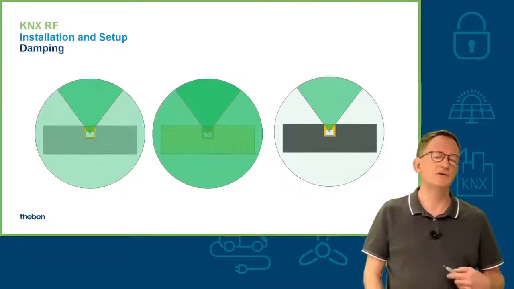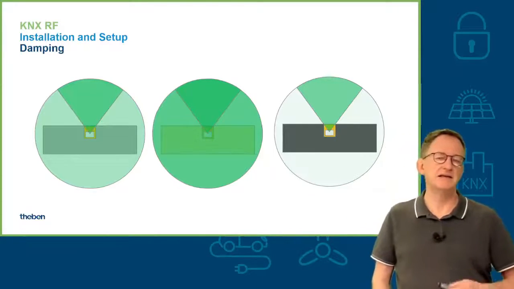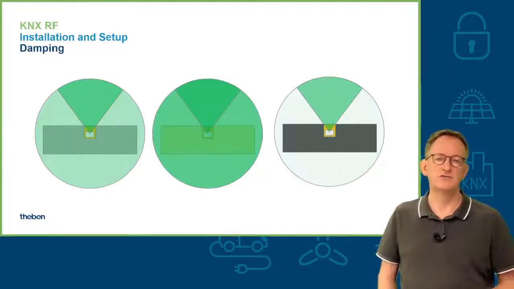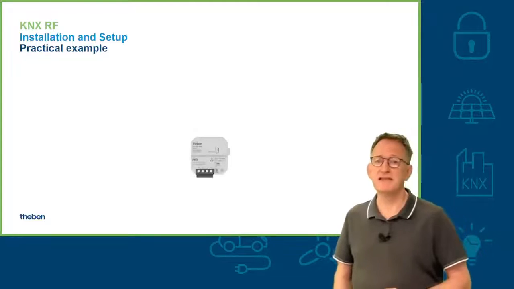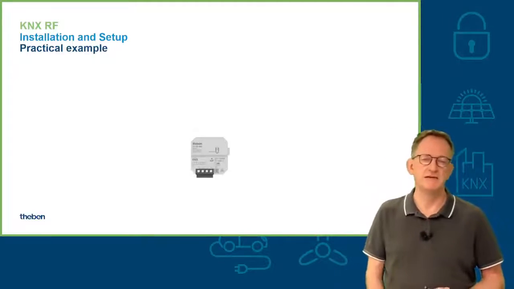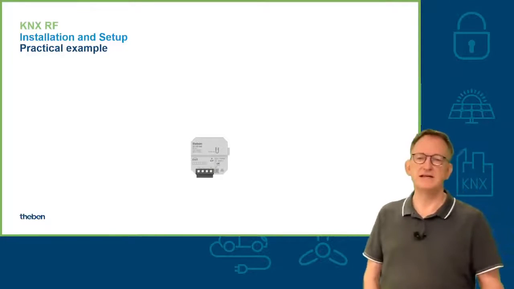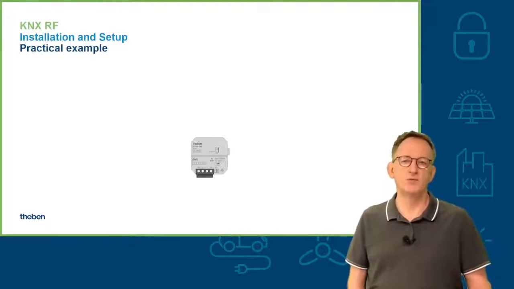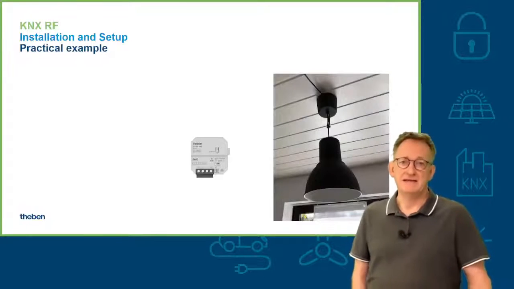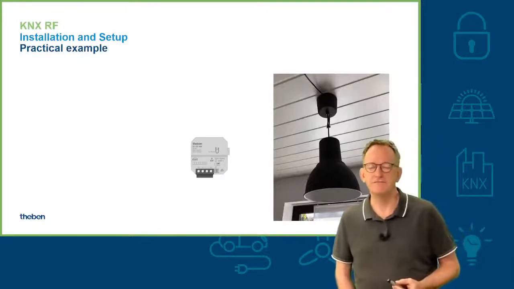You have to really configure a repeater in the next door or in the next room next to it. So that really has an impact. That's just something you should be aware of. Ask what kind of material has been used for the building, for the walls, so that you have a better idea what will work and where it might be difficult to use RF communication. But you just have to be creative and have good ideas.